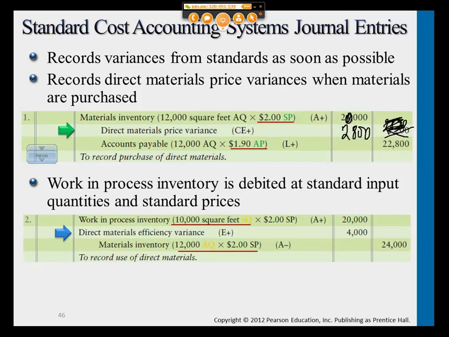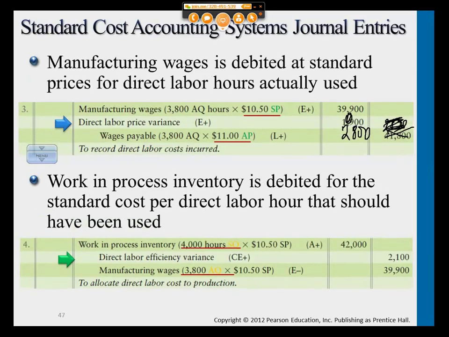We have more. Okay, so we put 4,000 as our direct materials efficiency variance, which is the difference between the work in process inventory and materials inventory. Okay. All right, so let's look at the